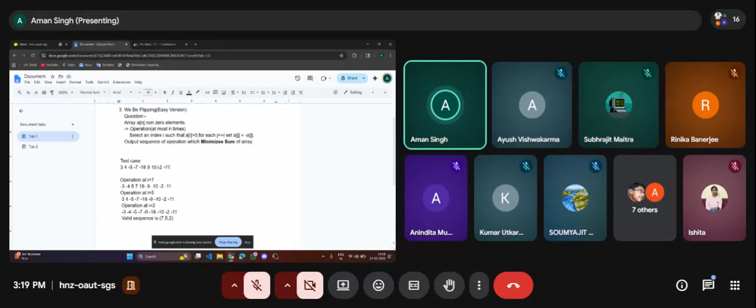You can observe one thing: if we do an operation at a single element, the elements which lie to the right of it will not change. If we do an operation on this index, the elements to the right of it will not change, and the elements from 0 to the ith index will reverse their sign, right? As we want to make every element negative, we will not touch these elements on the right-hand side which are already negative. And if we want to make this element negative, we can do one operation at i equal to the 7th index.